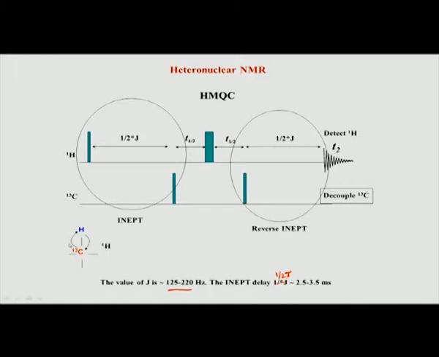Similar to what we saw in HSQC, we are looking at a hydrogen carbon pair where they are attached directly by one bond. Therefore, this hydrogen to this carbon is coupled by J coupling, and the transfer of polarization from proton to carbon is achieved by using INEPT. So, the carbon polarization now comes here. During this period it evolves by the chemical shift of carbon, and that is what we capture